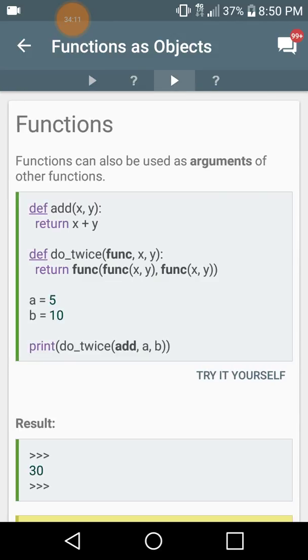Functions can also be used as arguments of other functions. All right, so here you can see we've got two functions because you can see the def keyword used twice. The first function is def add with parameters x and y. After the colon, we have a single statement, return x plus y. Then we have another function called do twice. So we have def do underscore twice, and in the parentheses we have func, comma x, comma y. And then we have a colon, after which we have a single statement, return func, parentheses func, x, comma y,